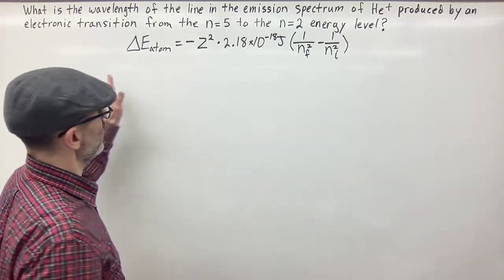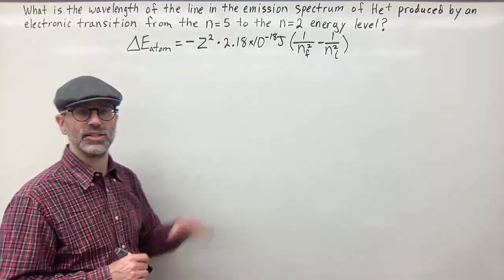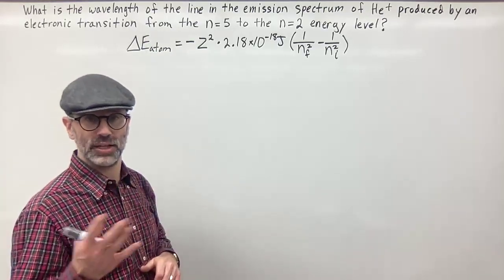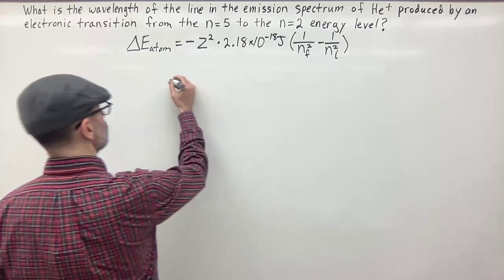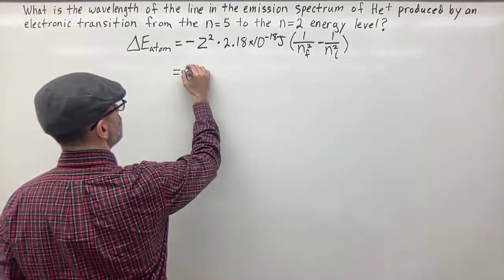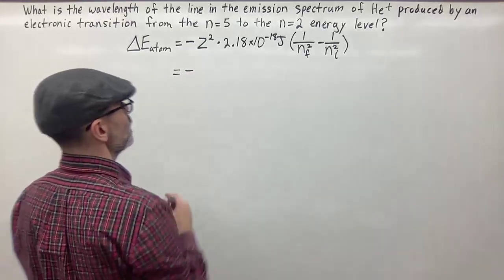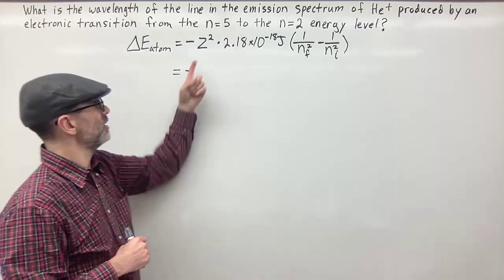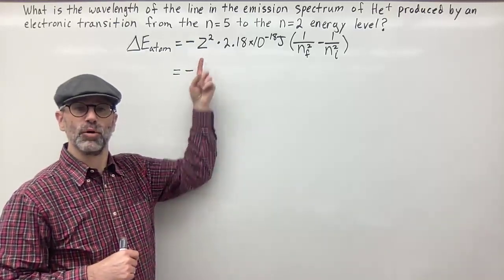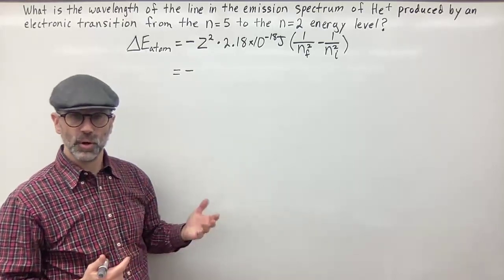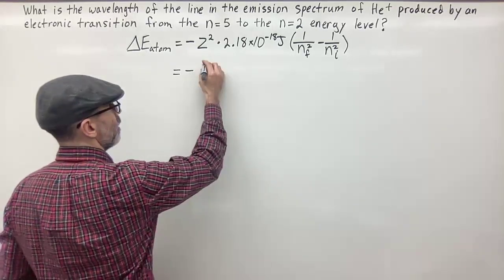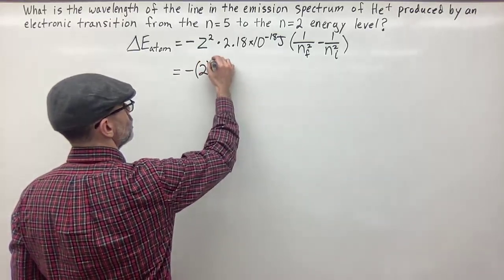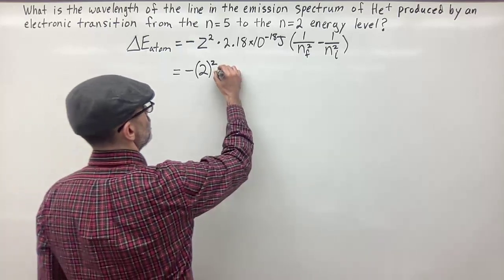Okay, so now that we have this, we can plug everything in and solve for the energy change in the atom that has an electron that undergoes this transition. So in this case, this is going to be negative Z. Well, helium has 2 protons, and Z is the symbol for the atomic number, which is the number of protons, also known as the nuclear charge. So we're going to put 2 squared times